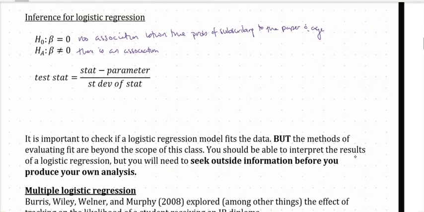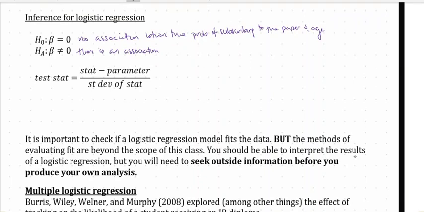Our test statistic here is going to be a z-test, and we can tell that it is similar to what we've seen before because we've got a statistic minus a parameter, where the parameter value comes from the null hypothesis, over the standard deviation or the variability of that statistic. So z-obs equals our sample slope minus the hypothesized value, which is 0, over the standard error of our sample slope. In this case, our sample slope was 0.131. The hypothesized value again was 0. And if we go back to our output, we can see that the standard error of that slope was 0.054, giving us a z-score of